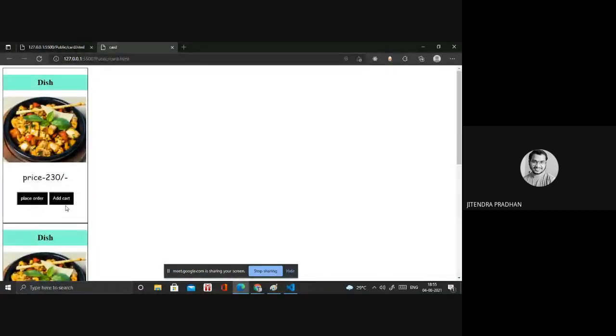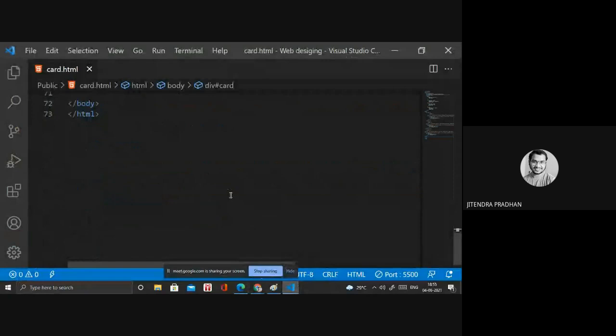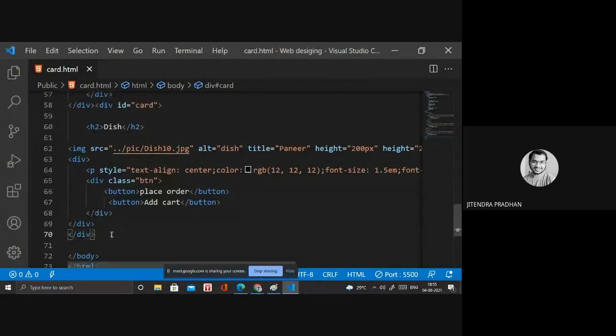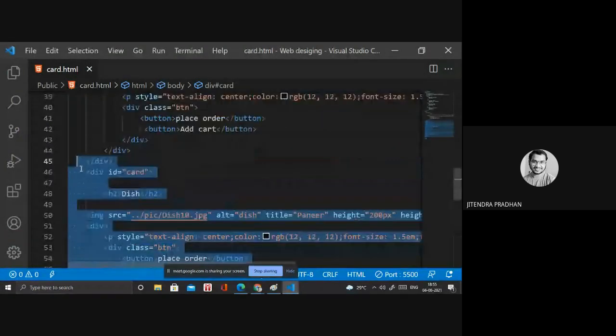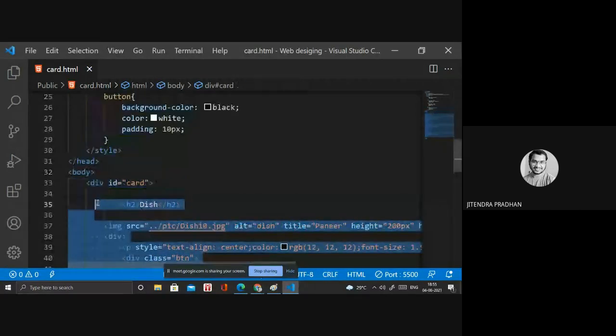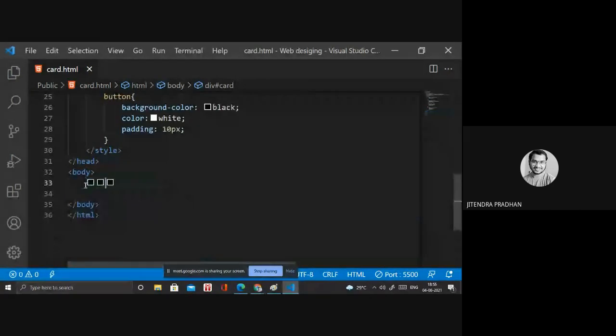I need one row, so in that I need display flex. Before that, the whole card will be in that main card. I will use a div and inside that I will paste all this. Before that I need to use a class, main card.